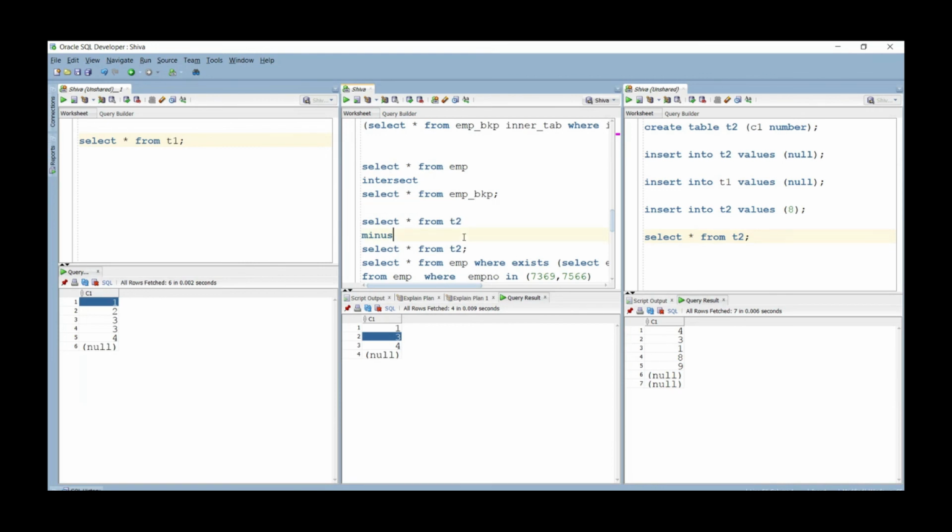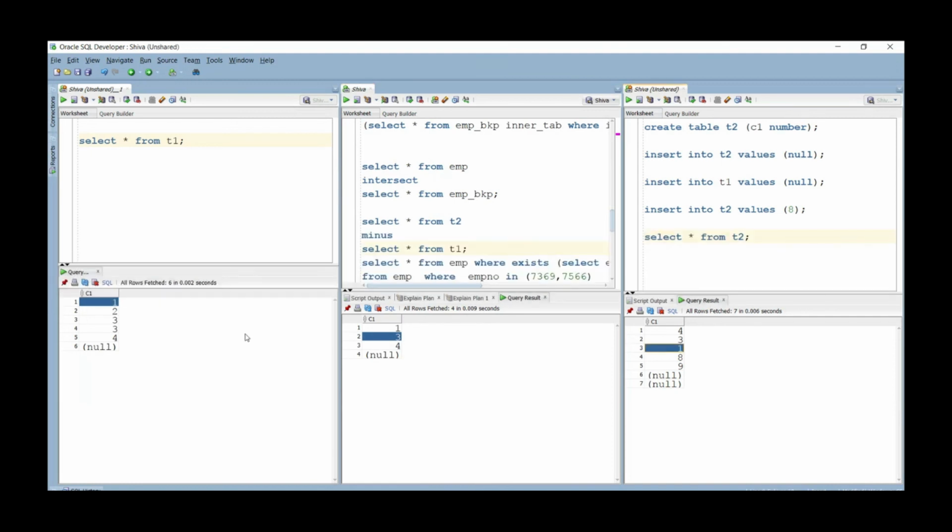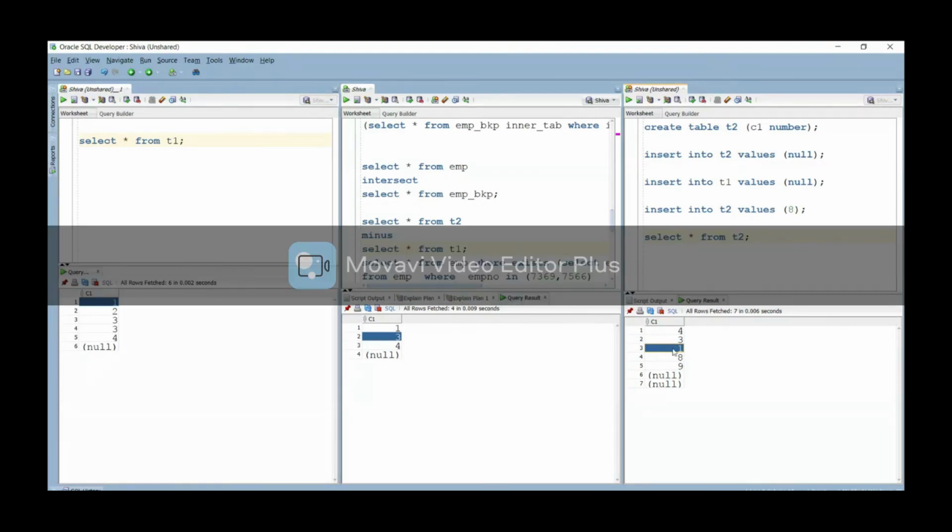Now how will you do this? If you do T2 minus T1, where T2 is today's transactions, then whatever values are in T1 and also present in T2 will be eliminated from the T2 table.